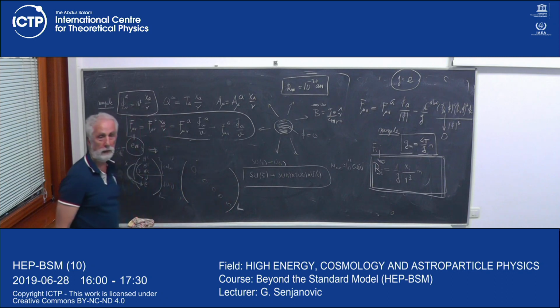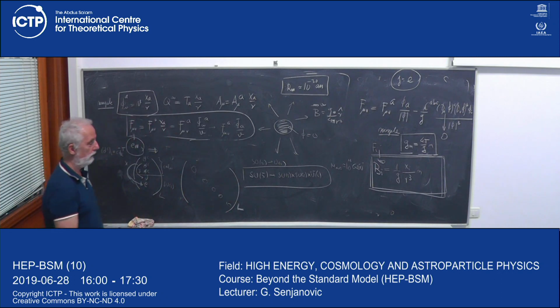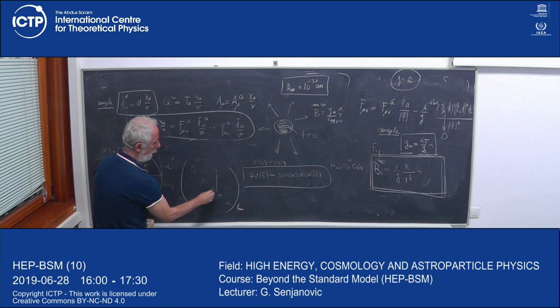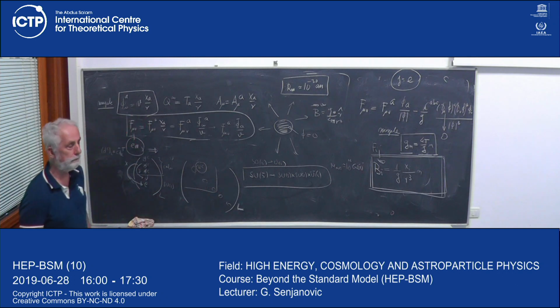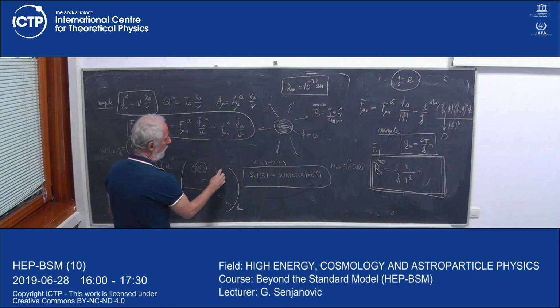It's 10-dimensional anti-symmetric. So here is the strong interaction. Here you put UC. There are 3 of them. This is color, so there is U, U, U, D, D, D,